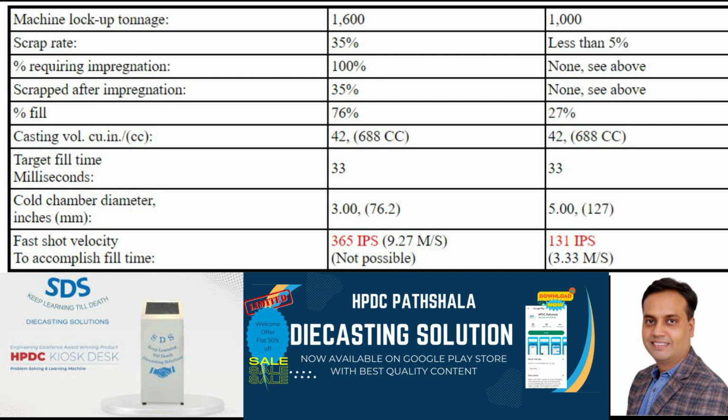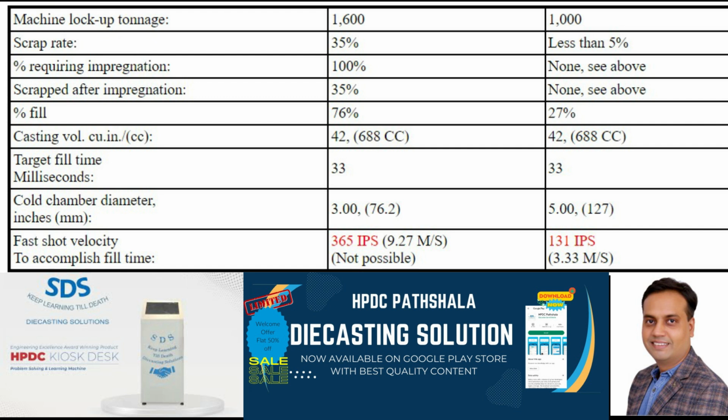I am pleased to inform you that these changes resulted in consistent casting volume of 688 cubic centimeter, meeting the desired specification. Overall, this optimized process led to improved efficiency, reduced scrap rate, and increased profitability of the